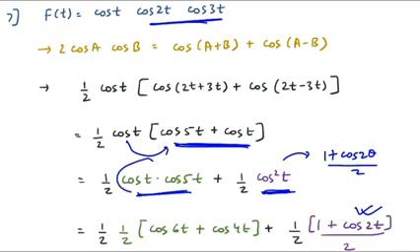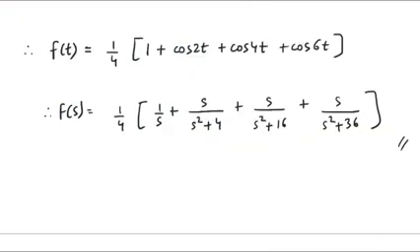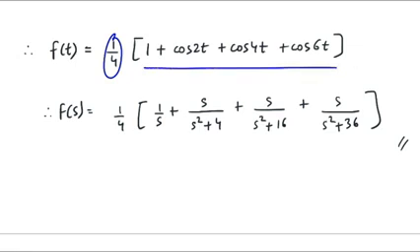But what about this term? Cos t into cos 5t. You have to use the identity which you studied earlier. 2 cos a cos b is equal to cos of a plus b plus cos of a minus b, right? Use that, and you will get the answer as half into cos 6t plus cos 4t. From the previous step, I just took 1 by 4, which was a constant, outside, and once I do that, the bracket becomes 1 plus cos 2t plus cos 4t plus cos 6t.